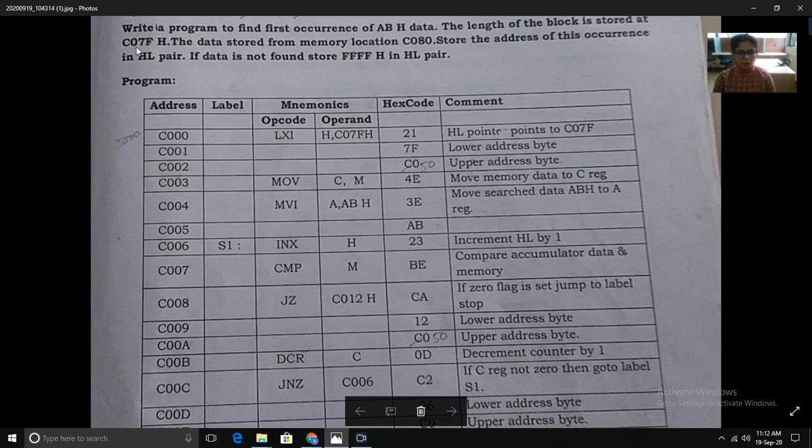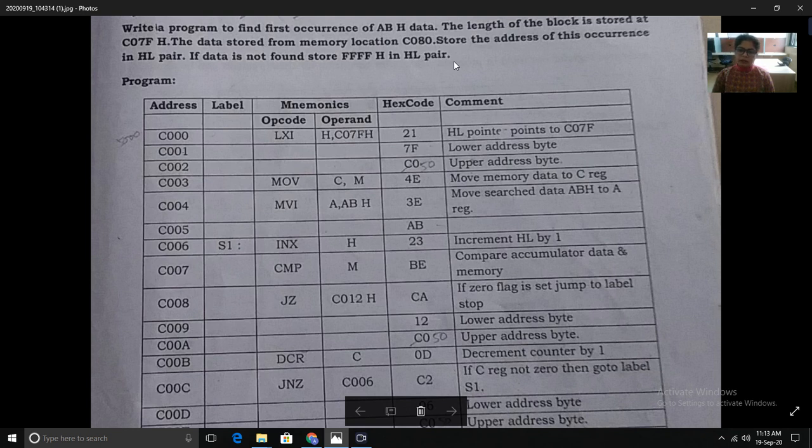Now store the address of this occurrence in the HL pair. You have to store the address of the first occurrence of AB in the HL pair, and if the data is not found, you have to store FFFF in the HL pair.